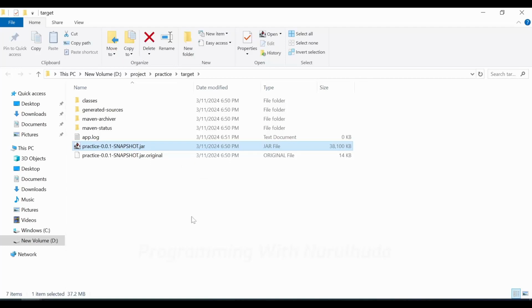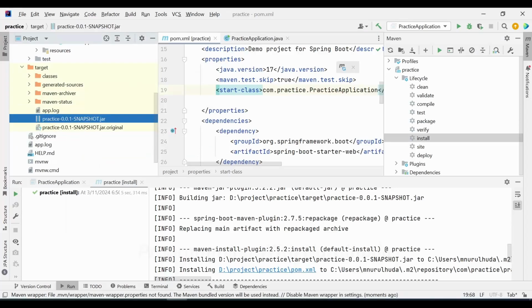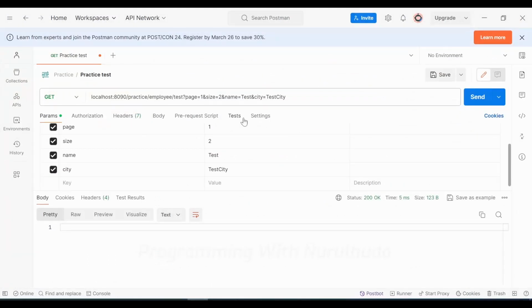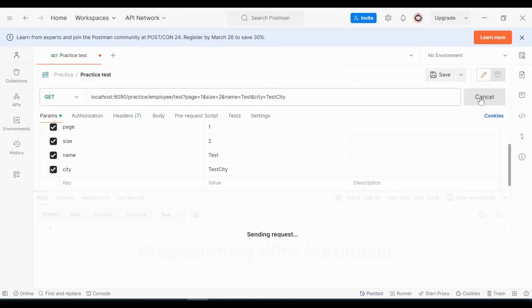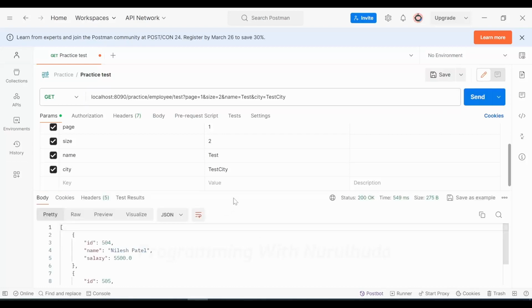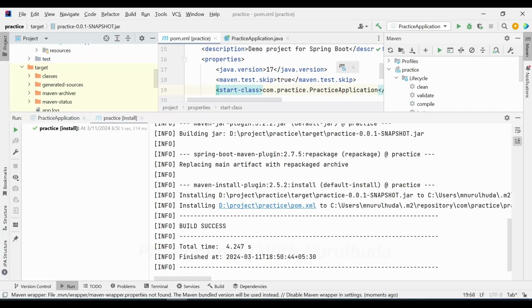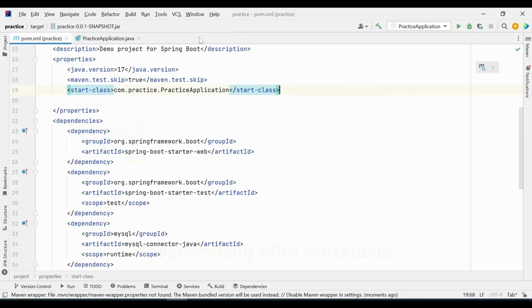I think it should start. So currently in this application, on start the application, and now check in the API whether it's working or not. Yeah, that's working. So we can just configure here in pom.xml, and after generating the jar file we can just